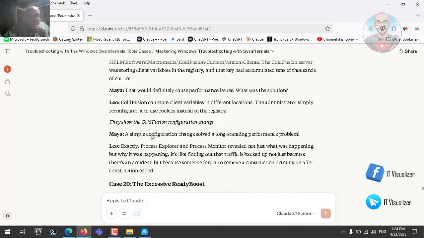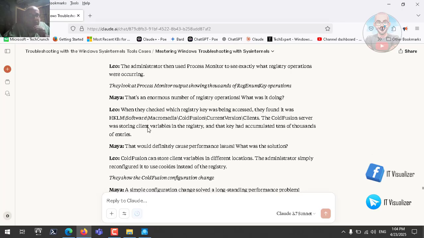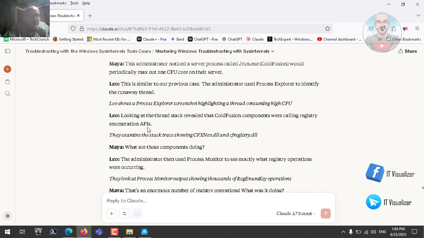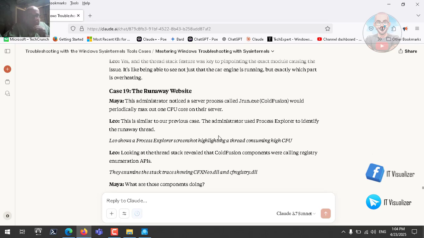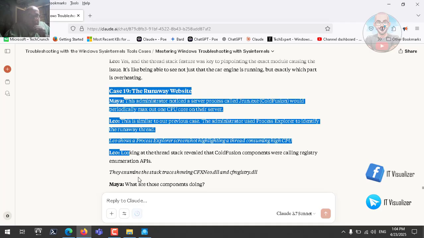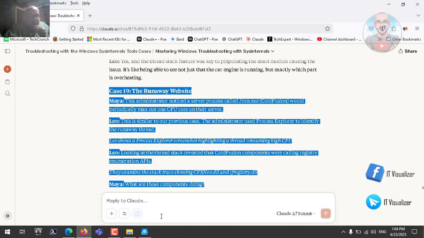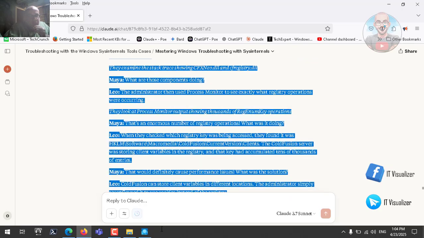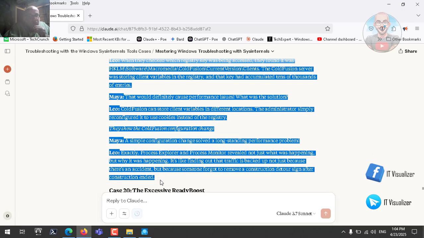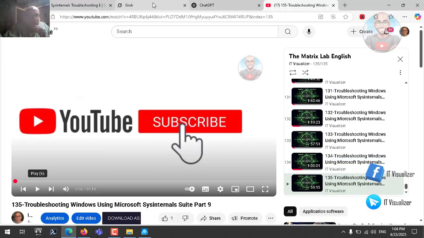So this is something called ColdFusion program. What is ColdFusion? Maybe this is something we need to know. First of all, let me get this case and ask Grok to explain it in simple terms, just to break it up, because I don't know what ColdFusion is. Let's try to see if we can simplify it more. We go to Grok and tell him